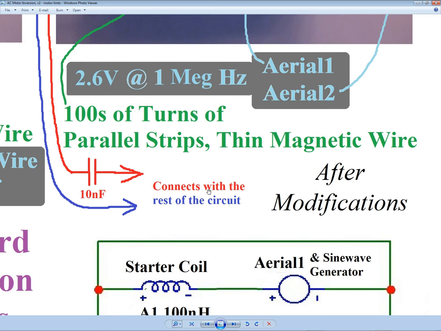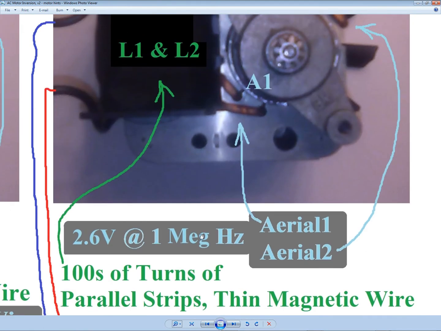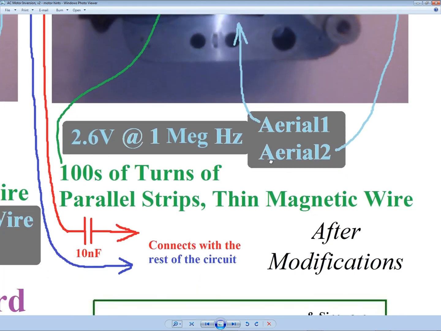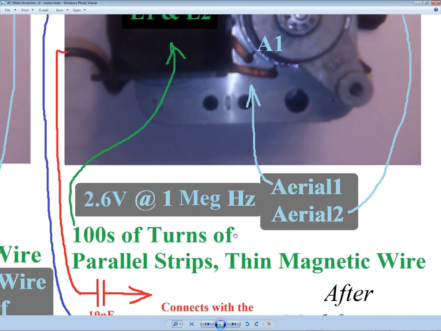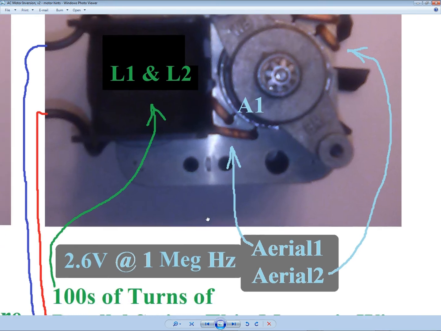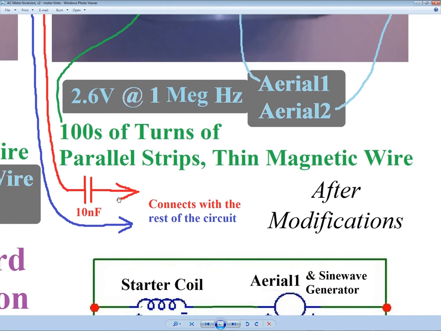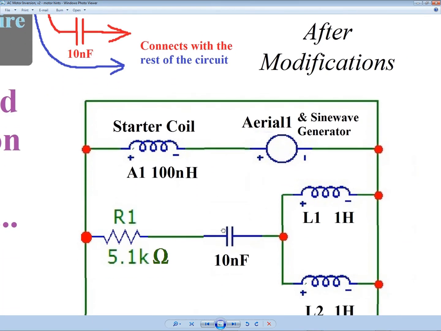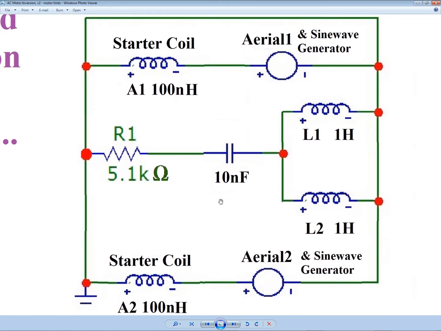The circuit is simply the arrangement of these parts: the motor with the sine wave generator and the teensy pair of voltage sources, and of course the bifilar coil on the motor, where you broke open the current or starter coils to connect them to the circuit, and a little 10 nanofarad capacitor, and that's it. This capacitor is a minor improvement, but it does improve efficiency. And so this is the wiring diagram, if I can get this all in one shot here,